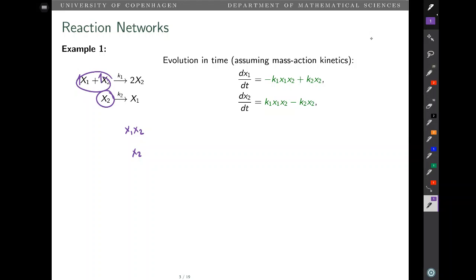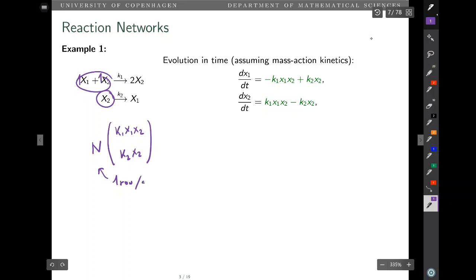And to each of these monomials, I multiply. The first one is for the first reaction, so I multiply by the rate constant attached to the first reaction, and the second one, I multiply by the rate constant attached to the second reaction. So this gives me a vector of monomials, and then I will multiply this vector. My polynomials are linear combinations of these terms, and I will build them by multiplying by a matrix. This matrix encodes the information of how many molecules of each species are created or consumed in each of the reactions. So this matrix N has one row